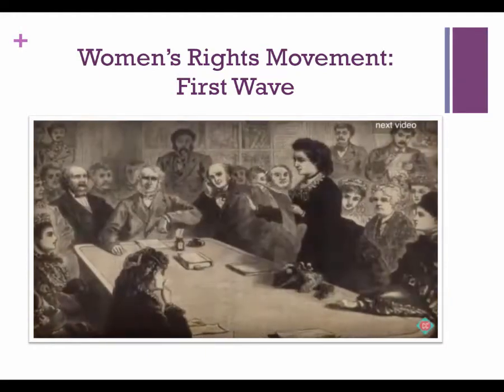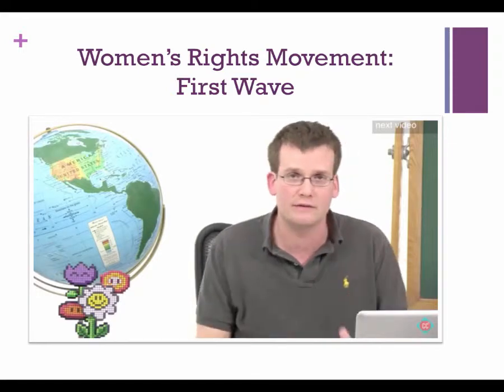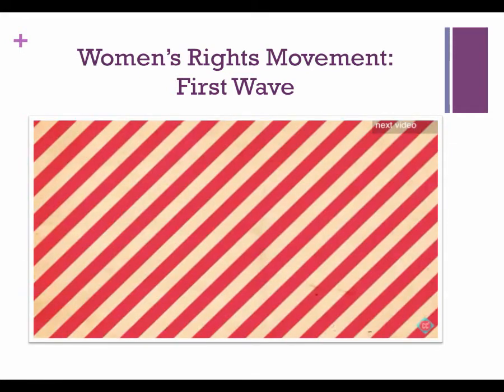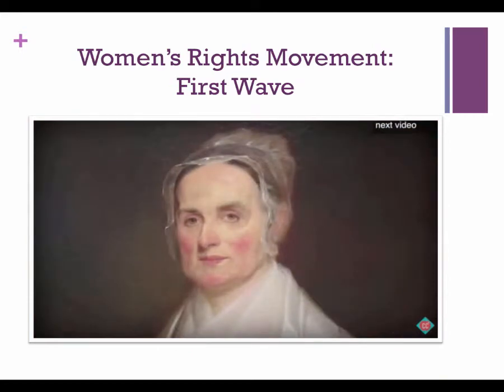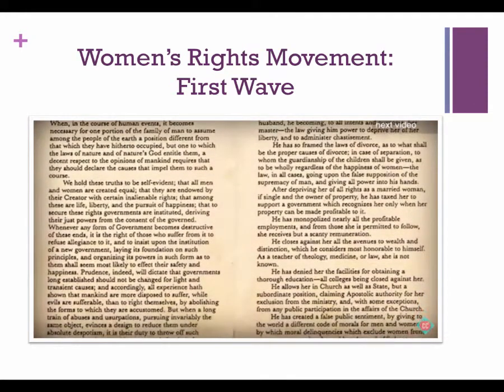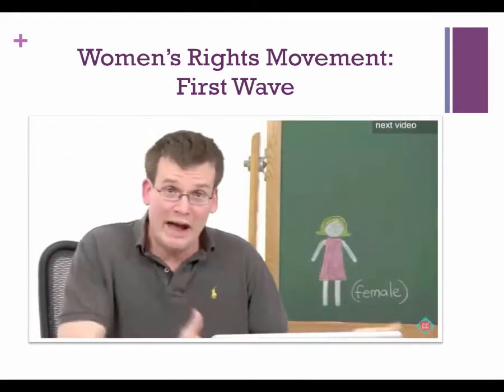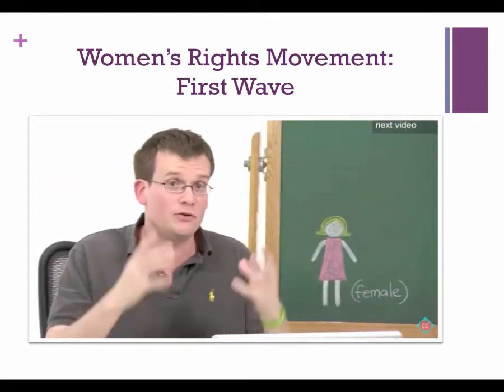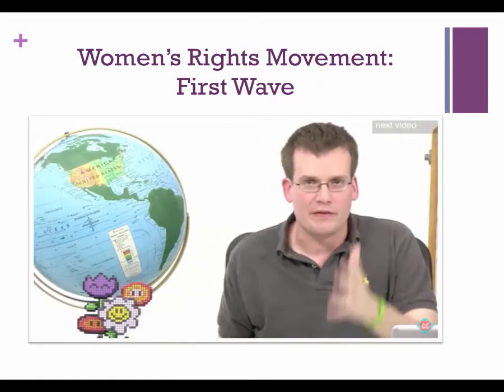The most visible manifestation of it was the issue of women's suffrage, raised most eloquently at the Seneca Falls Convention of 1848, where Elizabeth Cady Stanton, Lucretia Mott, and many others wrote and published the Declaration of Sentiments, modeled very closely on the Declaration of Independence. Except in some ways, this declaration was much more radical than the Declaration of Independence because it took on the entire patriarchal structure. Okay, so there are three things I want to quickly point out about the 19th century movement